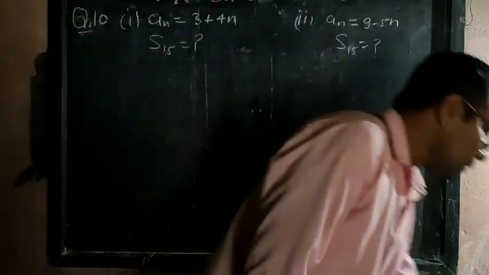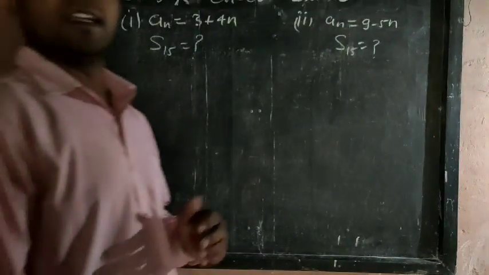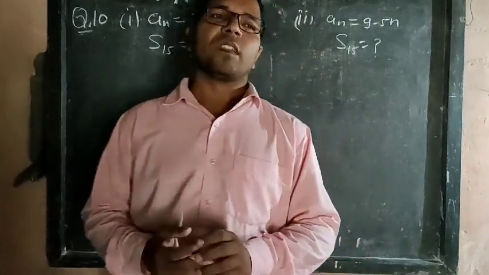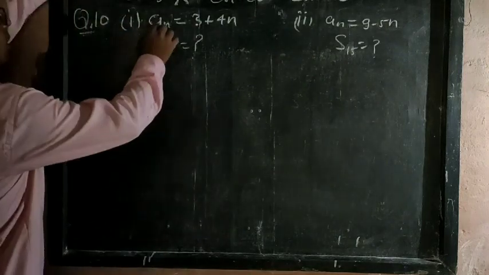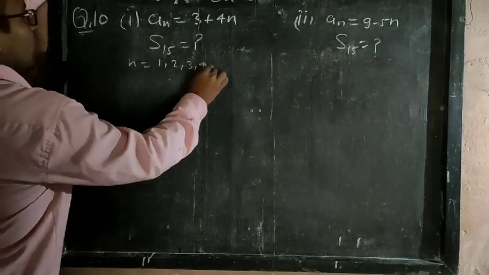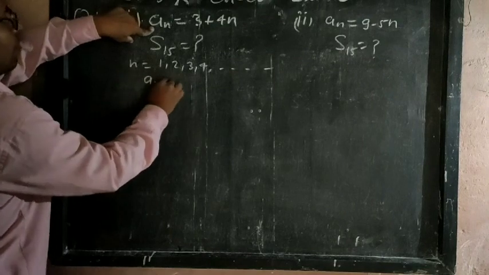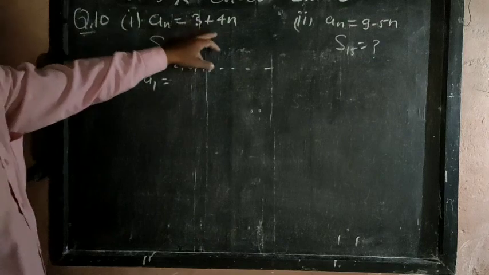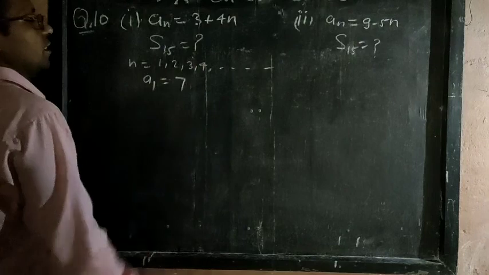So now students, let's see how we can solve the first part. As a1, a2, a3, a4, a5, all these terms are given in AP, what we can do is use the formula. As we put the value of n equal to 1, 2, 3, 4 and so on, how much will we get? A1, that means the first term. And a1, with n equal to 1, is 4 plus 3, how much? 7. So the first term is 7.